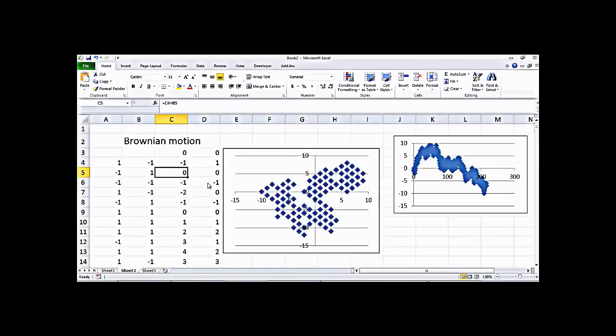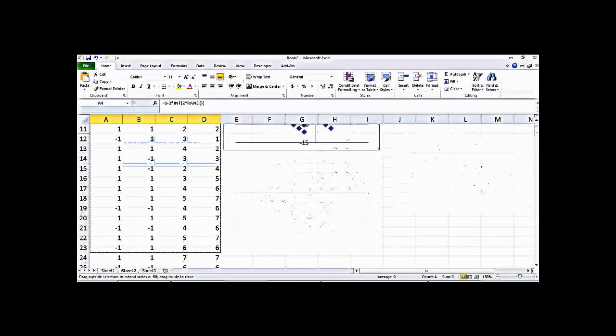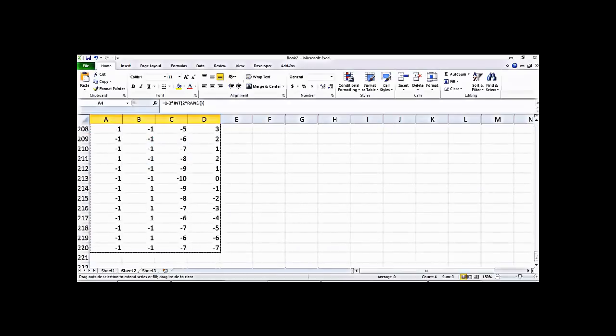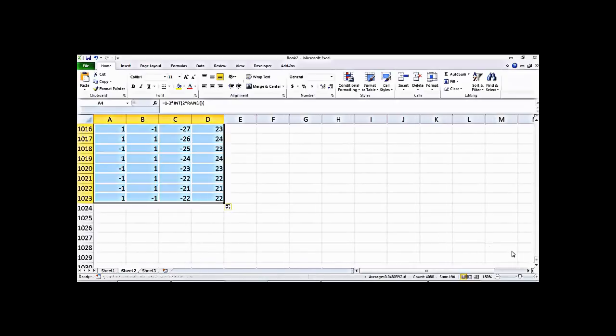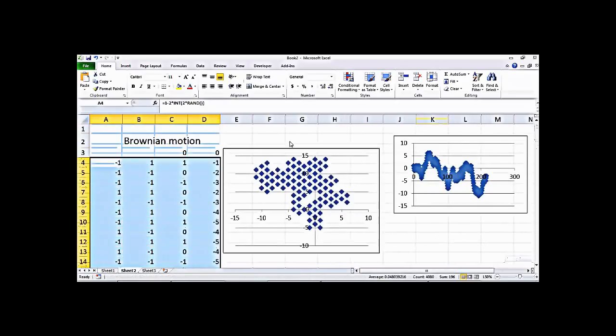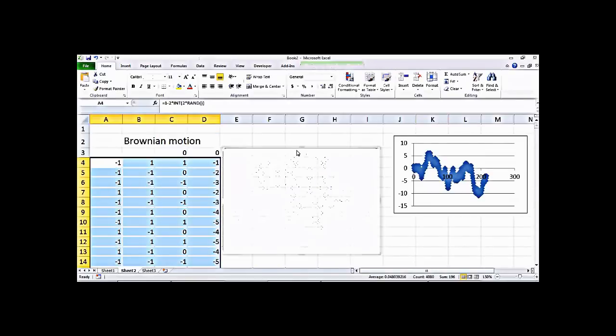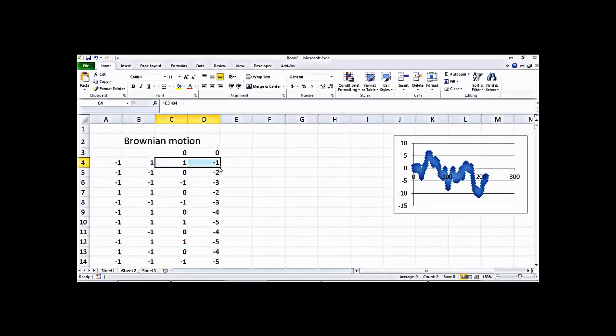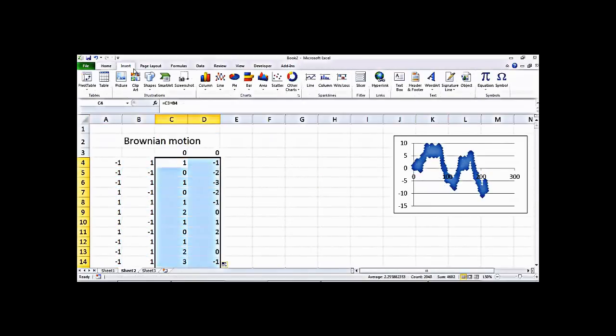So let's do 1000 points instead of 220 points. So I'll copy all these numbers and go until 1000. Yeah, around 1000 points, and then I'll delete this graph and then choose this and say insert,